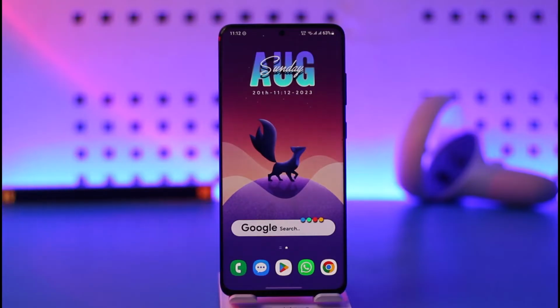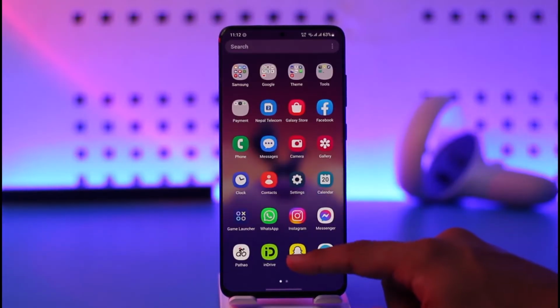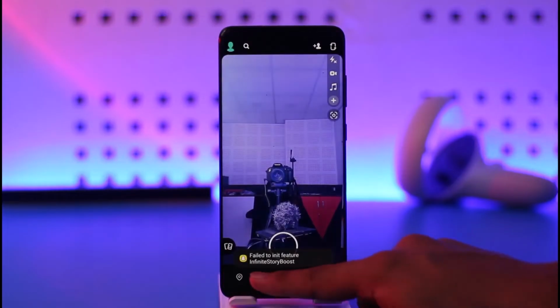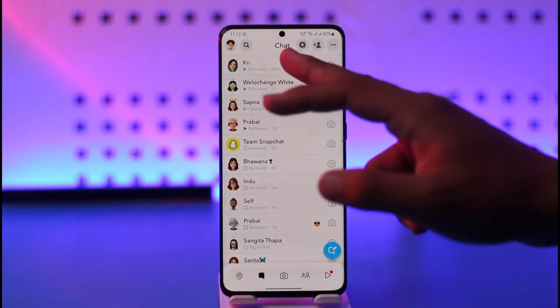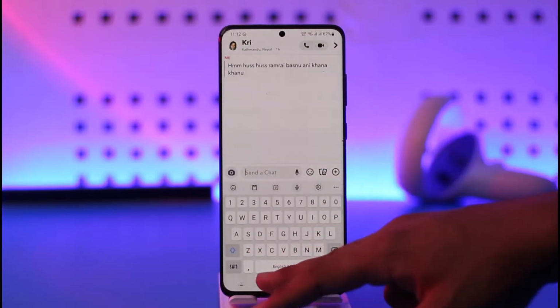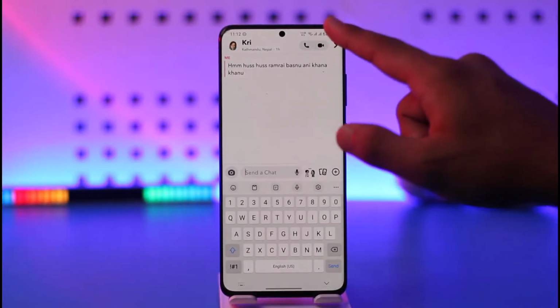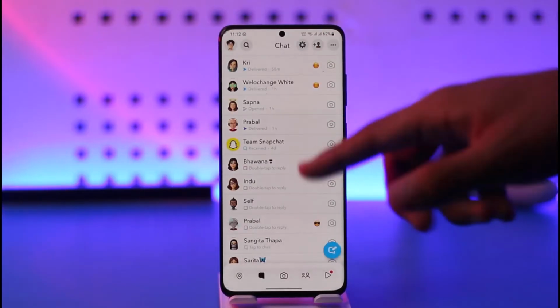If you would like to see deleted messages on Snapchat, all you have to do is go ahead and first of all on Snapchat, let's say you come to the chat feed and maybe you just send a text to someone over here and then you send them a specific text here. But then, maybe the text has already been deleted, what do you do if you want to view the